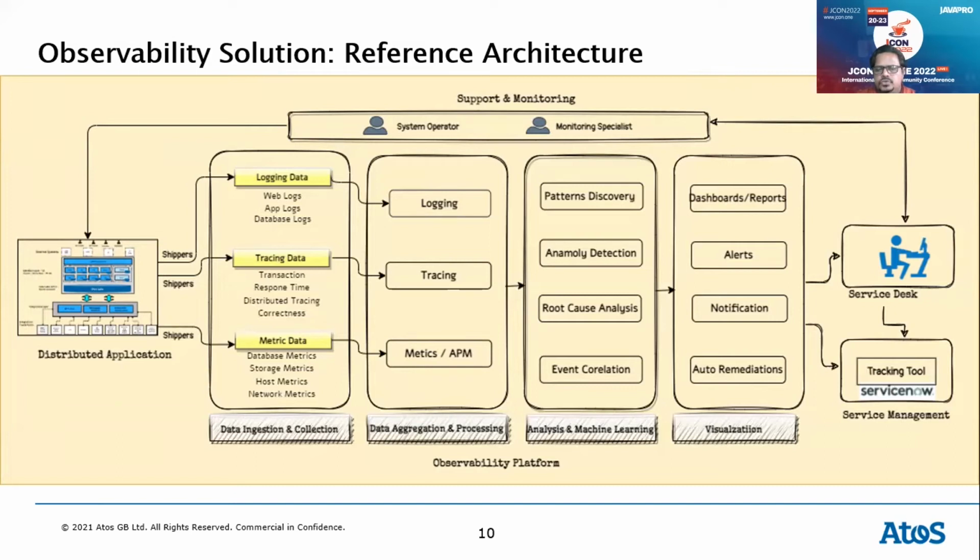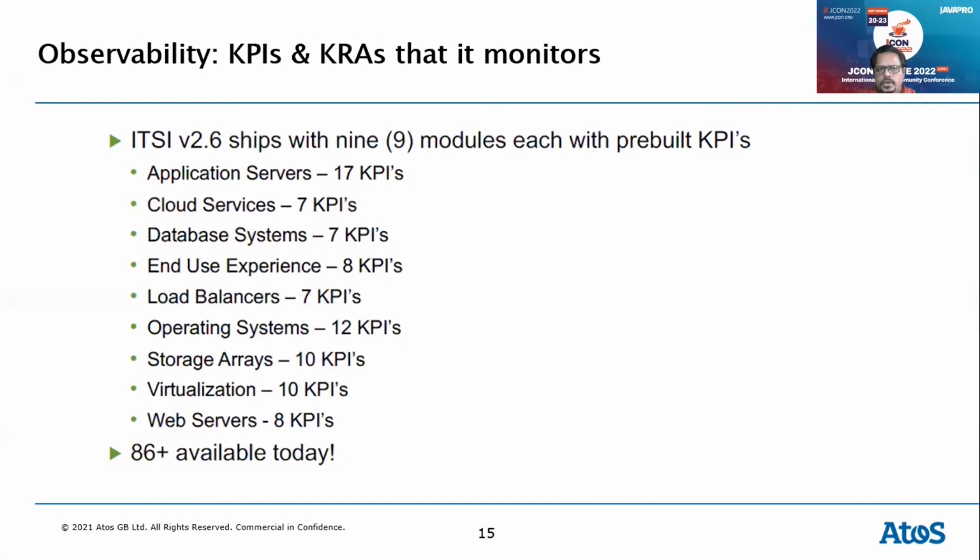Each product has its own pros and cons, or strengths and weaknesses. We'll definitely have to do a comparative study to find the right fit for a certain customer requirement. But mostly, this is what you would look at when you are building an observability solution stack for your customer. I'm now going to the next slide, which is nothing but the KRAs and the KPIs. This is only related to the metrics.